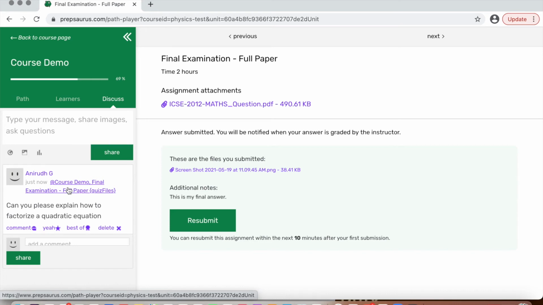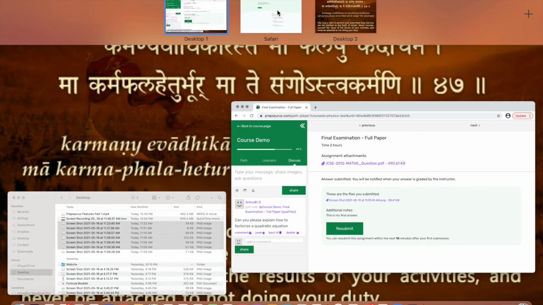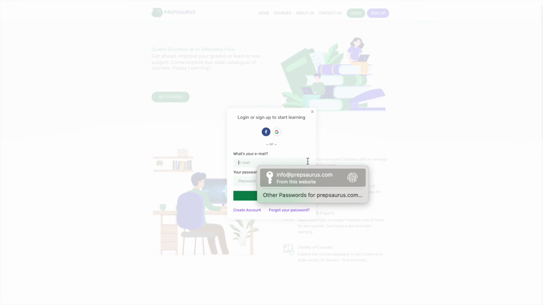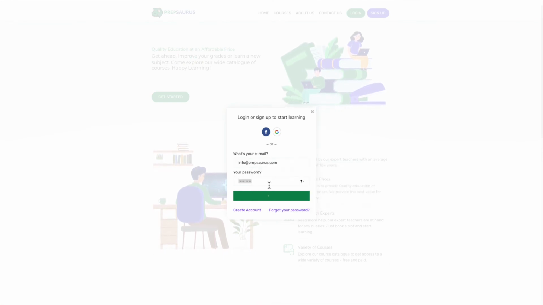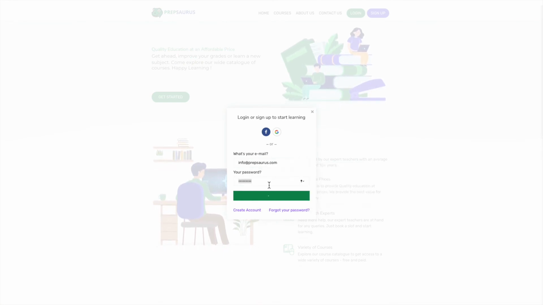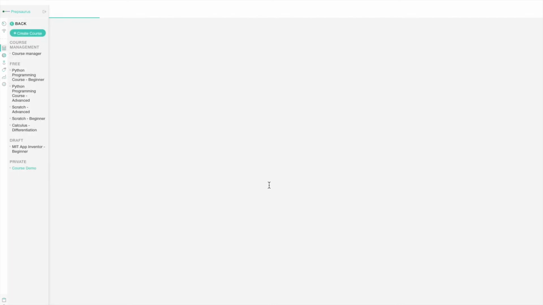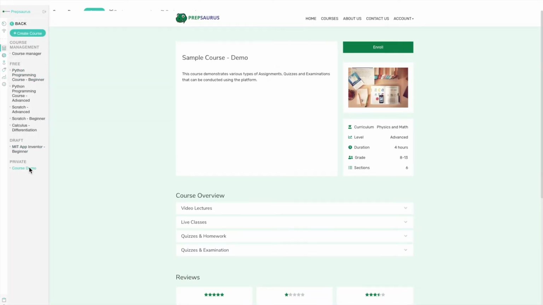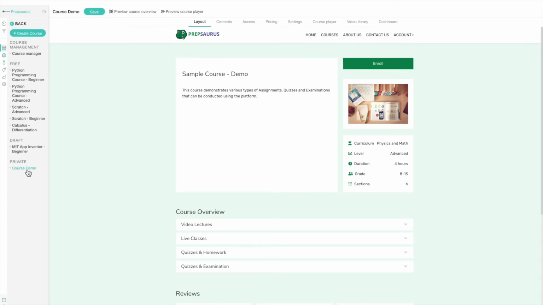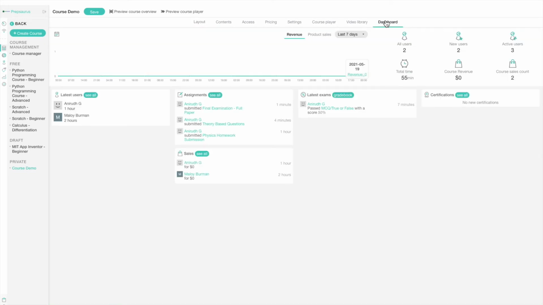We've looked at the student's point of view. How does the instructor or teacher see the course? Each instructor will be given a dashboard where they have access to the course. For example, we are looking at the private course demo. And if the instructor goes through the dashboard, they can see